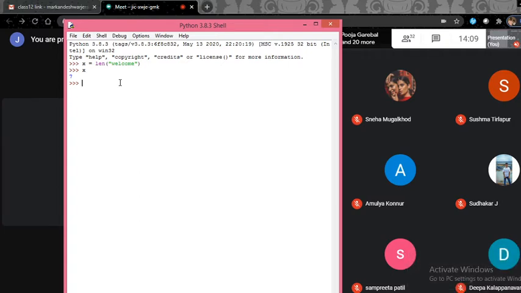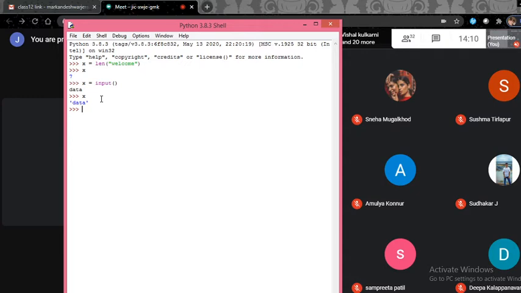Likewise, when I take x equals input, whatever data you read will be stored in x and will be of string type. The length function returns a value, the input function returns a value, and the return value is stored in some variable. Likewise, we have different functions which may or may not return a value.